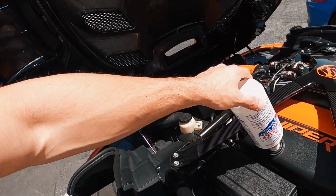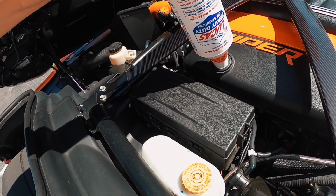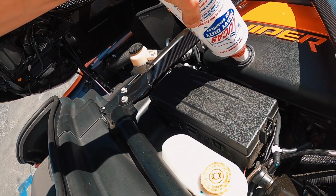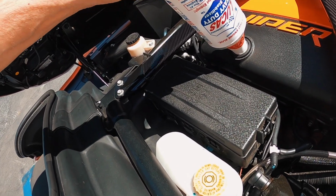All right, so we're about to pour this stuff in. Actually, I just poured it in. I'm not gonna lie to you guys, I already poured it in. I was really anxious to get my oil change done, and we popped it right in. Luckily, since I forgot my funnel at my house, I didn't have any spills around the engine or the covers,